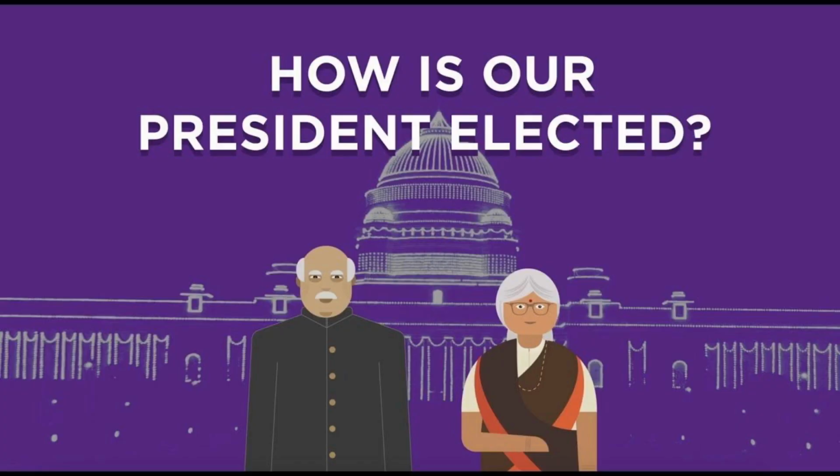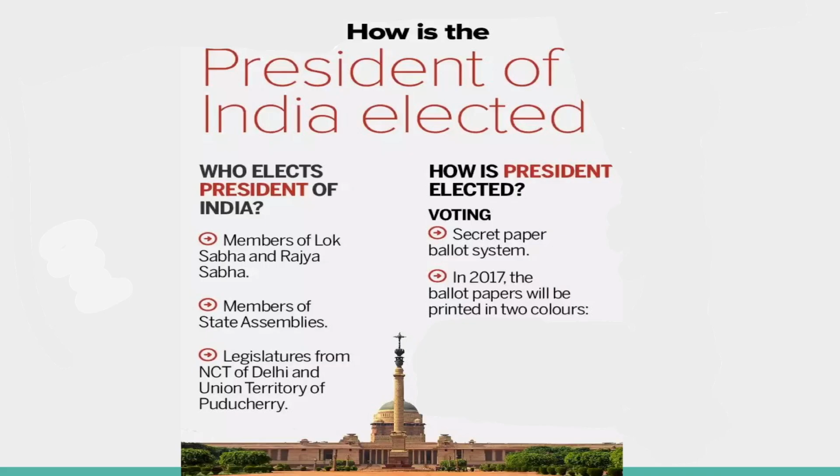Our President is not elected directly by the people, but he is elected by the members of the Electoral College. Who are the members of this Electoral College? The elected members of both houses of the Parliament, that is the Lok Sabha and the Rajya Sabha, and the elected members of the state assemblies and the elected members of the legislative assemblies of the Union Territory of